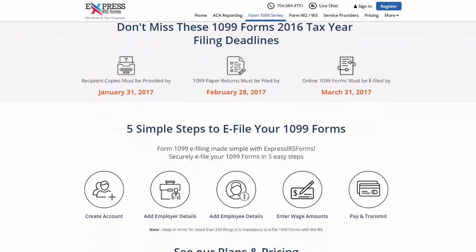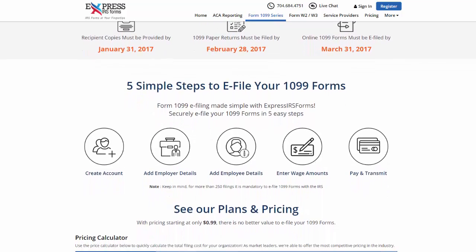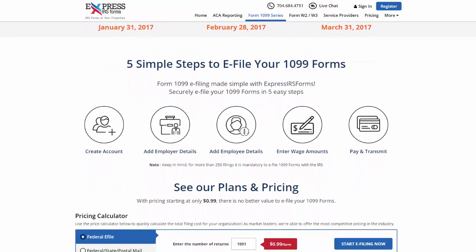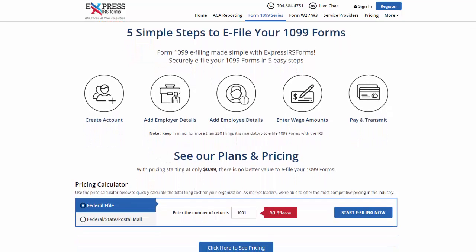As an IRS authorized e-file provider, we help to easily and quickly e-file your forms directly with the IRS. See for yourself how easy e-filing Form 1099 INT can be. Let's get started. To register for ExpressIRSForms, visit